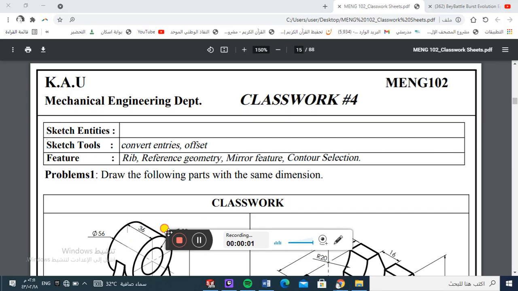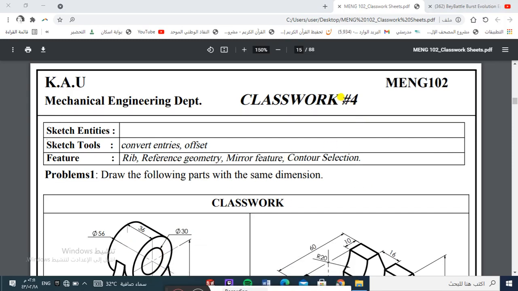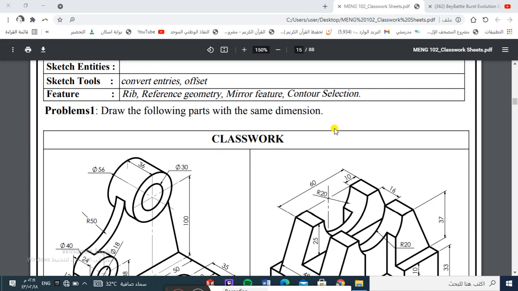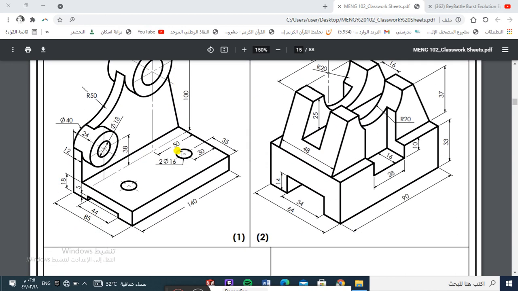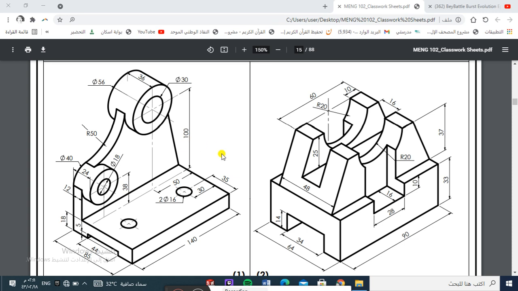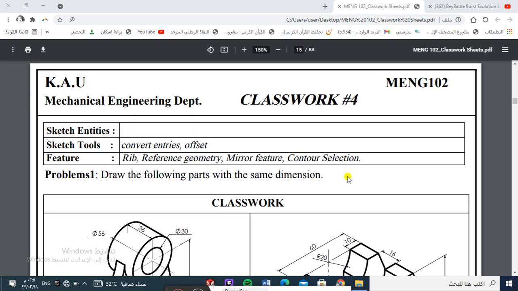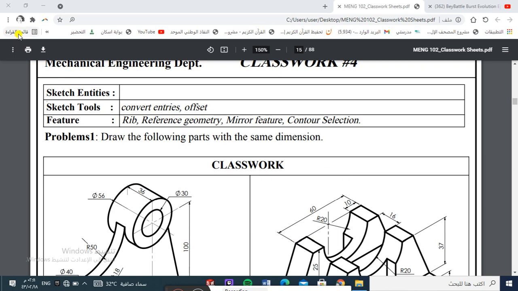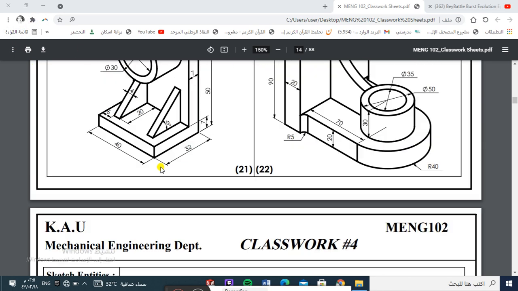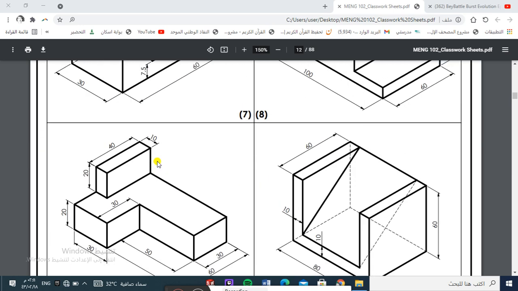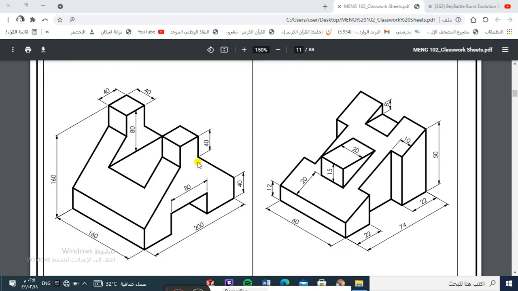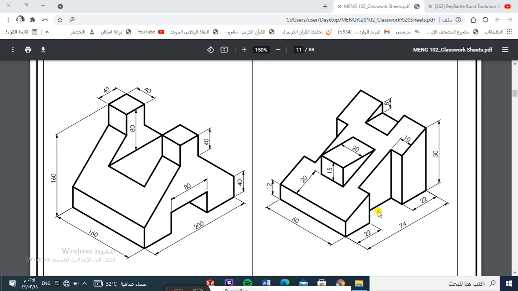Okay, Bismillah ar-Rahman ar-Rahim. A new classwork number 4, which talks about more advanced drawing for 3D models. We're going through these 4 questions together. But before that, I want you to go back to question number 4. I'm going to give you a new thing that you need to know about drawing this question or